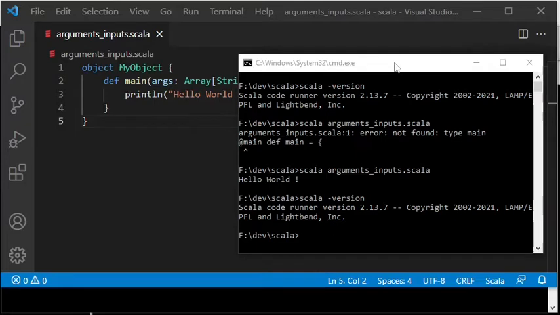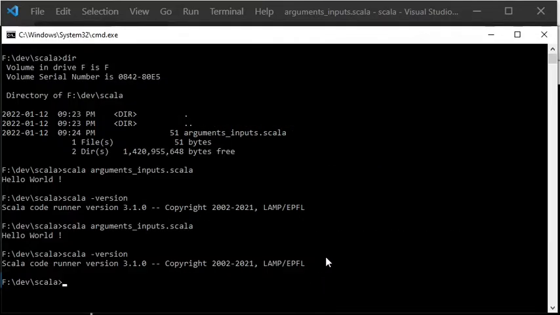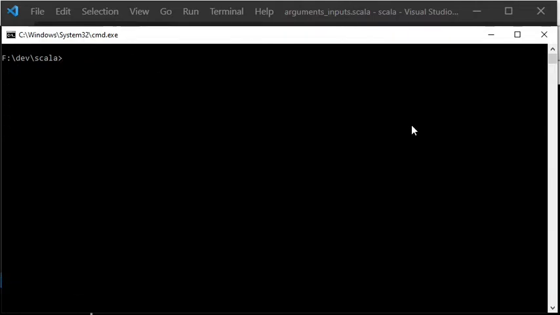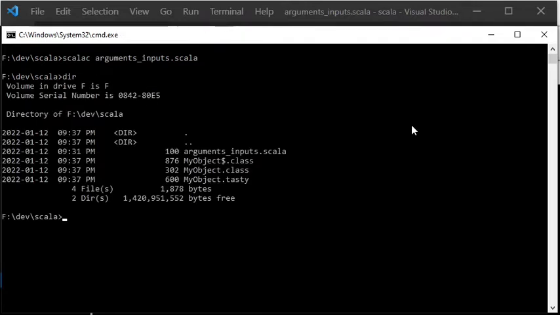So far, I have executed the program directly as a script. In other words, I have not first compiled it to create a new file to be executed. But now I will compile the program and then use scalac, with the c as a suffix. When I then run the Windows command dir to display the files in the directory, you can see that there are now two .class files in the directory.